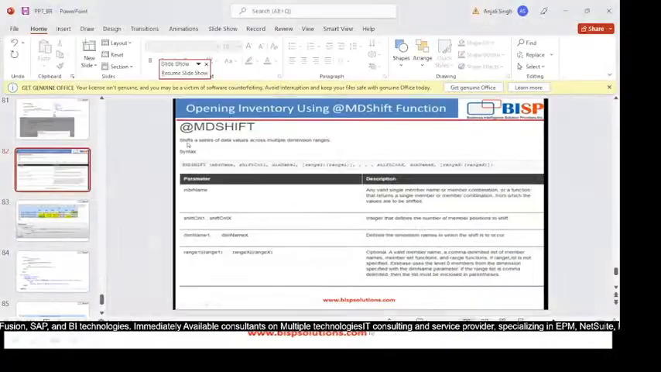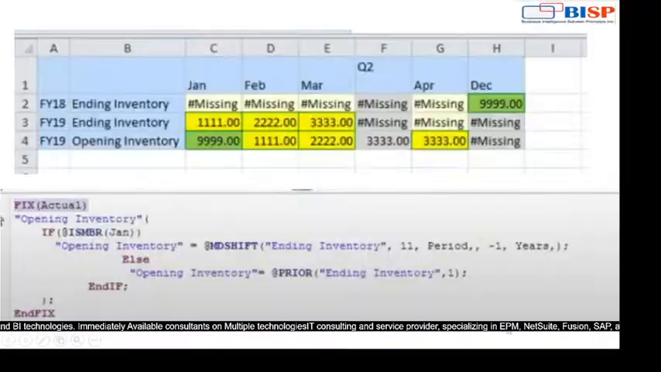Like if we see in the business rule, automatically @MDSHIFT, after that we need to specify the ending inventory. Okay, so this is the shift count 1. Then